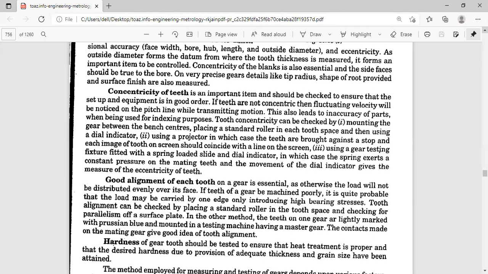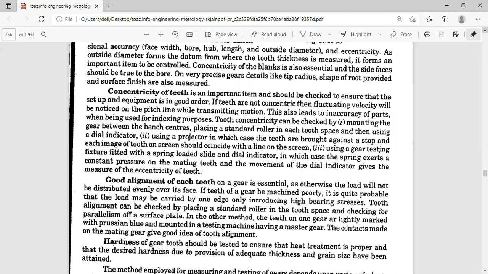If it is of larger variation, that means you are having eccentricity in the gear, and you have to reject the gear, because if you are using eccentric gears, then there will be gear noise.